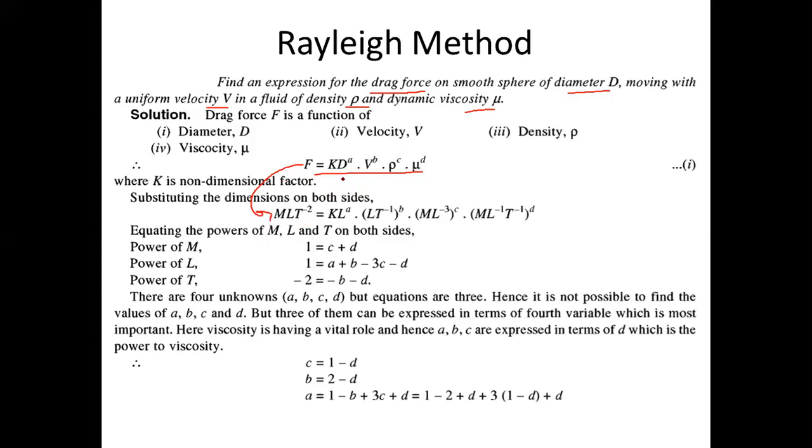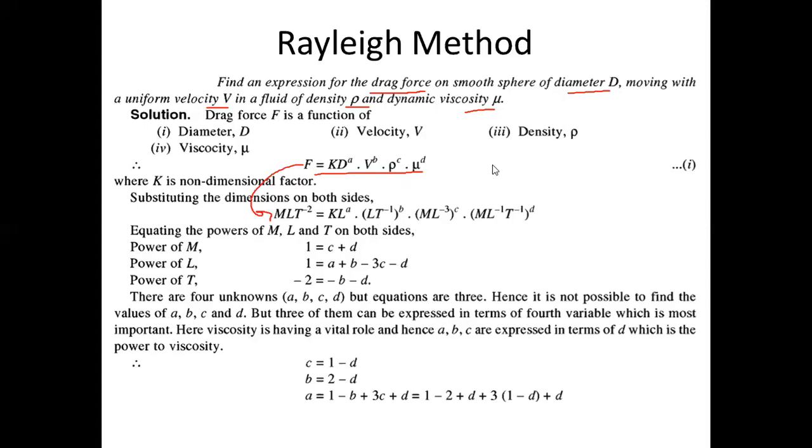Fundamental dimension of diameter. Diameter is a unit of length. Okay. So diameter is also L. Now velocity, you know, meter per second. So it is L T minus 1. Velocity is L T minus 1. Density definition is kg per meter cube. Kg per meter cube is mass per unit L cube. So M L minus 3, that is density.